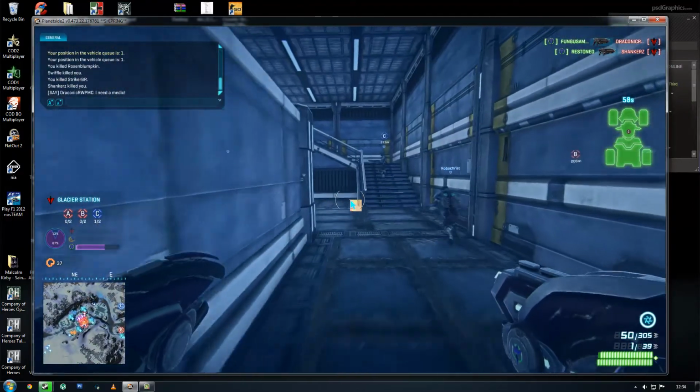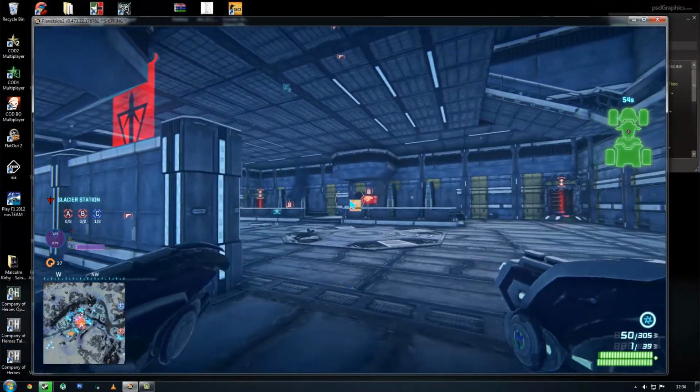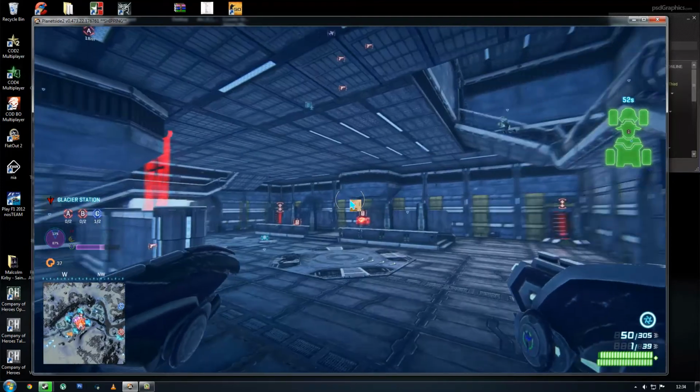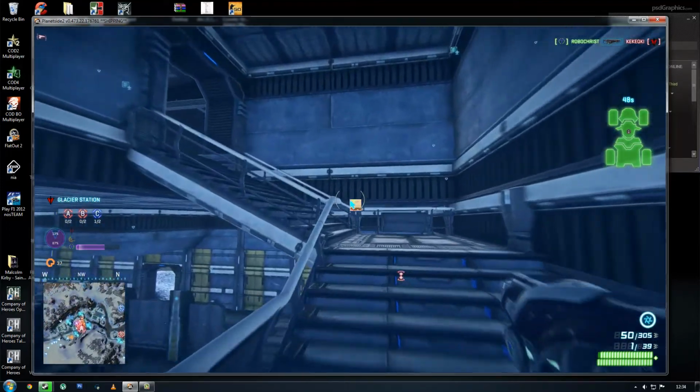You also get assist XP. And as you can see on the top right of my screen, you can see a figure of a quad with a time on it. It will